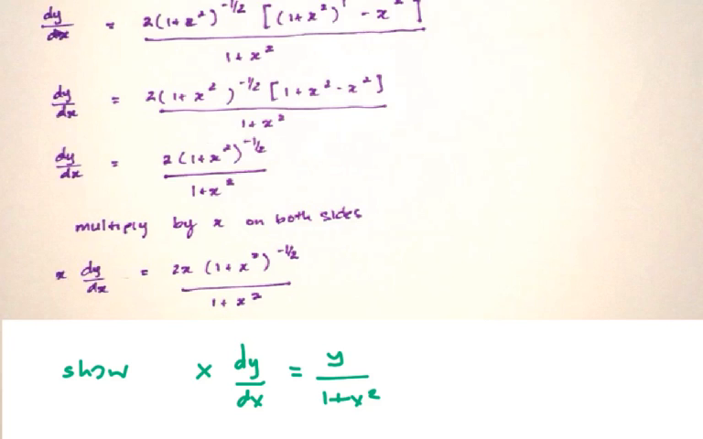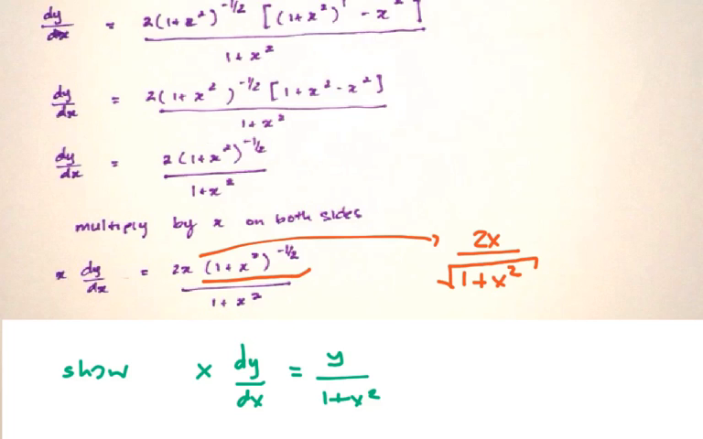Now I am going to rewrite this using a square root instead. So 1 plus x squared to the power of negative 1/2 means that I'm going to have a fraction now because it's negative 1/2, and 1/2 means that I'm going to have a square root. So this is going to look like 2x over, as in my numerator, is going to look like 2x over 1 plus x squared